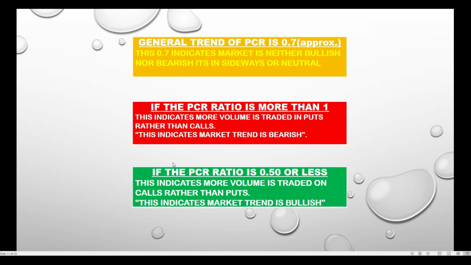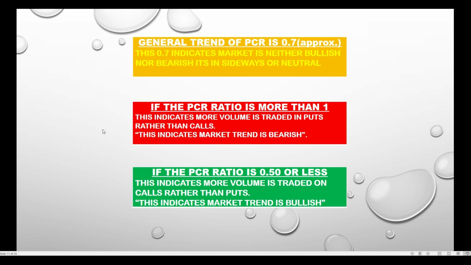Bank Nifty PCR is 1.06 as per Friday's closing of the December 30th contract. It means the Bank Nifty trend is getting a bit bearish because it has exceeded 1, meaning a slightly bearish trend. If it crosses 1.1 or 1.2, then we'll see strong bearish data formed by the PCR. These are the simple things.